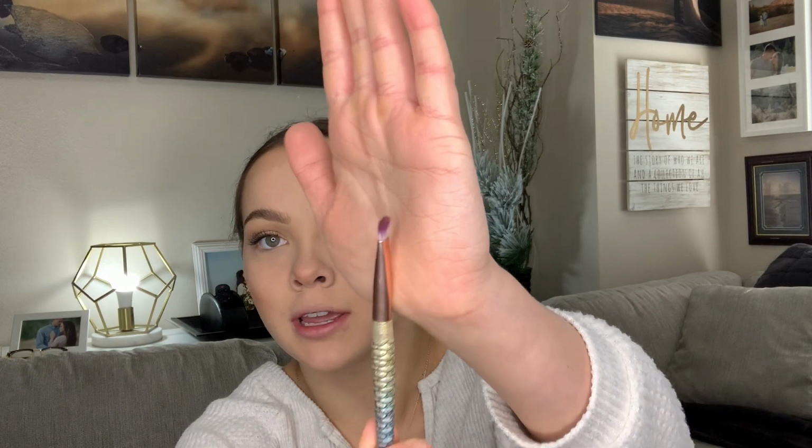After that, I'm going to take this flat brush, another mermaid brush collection. I love it! And I'm going to wipe off the powder from under my eye. After I do this, I am now going to go with another one of my mermaid brushes. So this is a little thicker angled brush, and I'm going to go in with Smarty Pants,